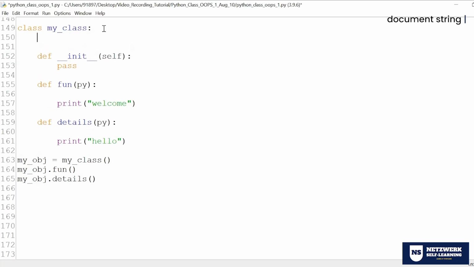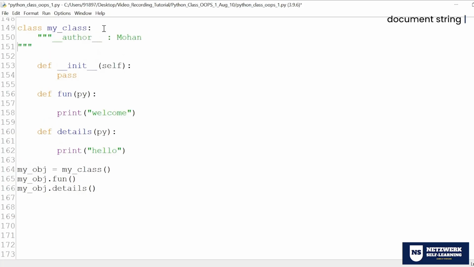How do you write a document string? Inside a class, with triple quotes, whatever you write becomes a document string. You can follow any template. Author, say Mohan.